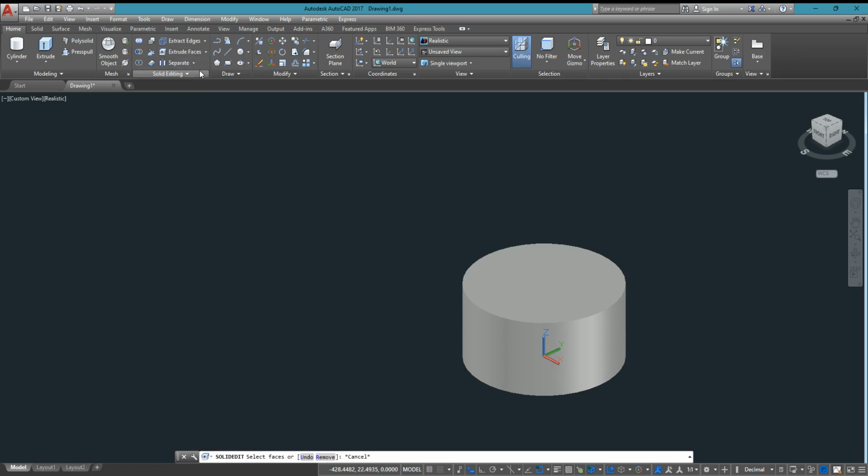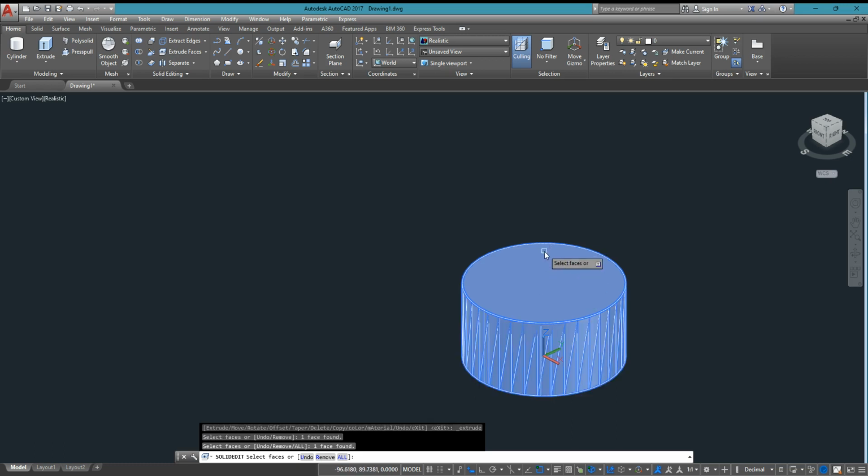When we use the extrude faces, we will change or reduce the height of the said object, which is the cylinder. When we select the surface on the top, let's give a value of 10 for the height and diminish the end of that cylinder to 5.